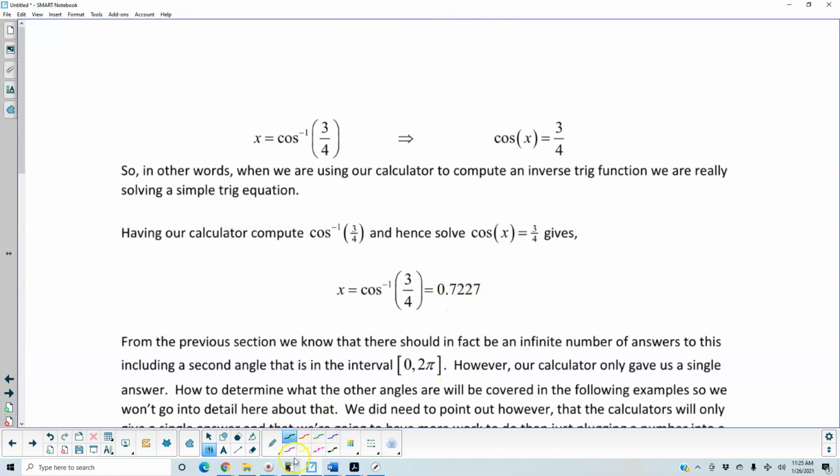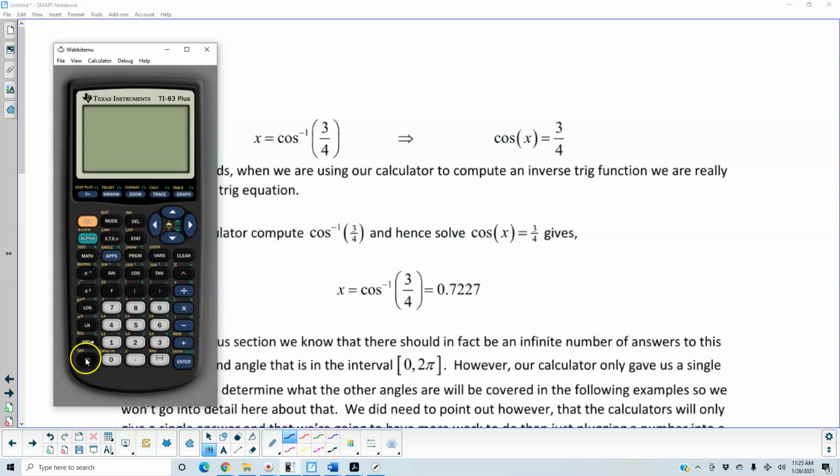0.7227. So let's take a look at the calculator here. Well, first, let me put this on. Right above the sine, the cosine, and tangent, you will see inverse sine, inverse cosine, and inverse tangent. Okay, and then we want to make sure that everything is in radian measure, so if we take a look here, we got to make sure that this is highlighted, which it is. So let's go ahead and find out the cosine inverse of 3/4. If we put second cosine inverse, put in our fraction 3 divided by 4, then to 4 decimal places we